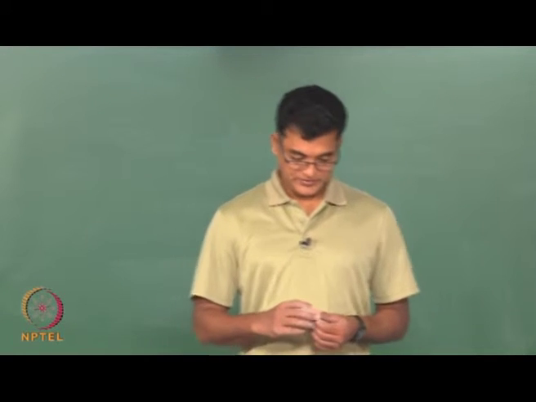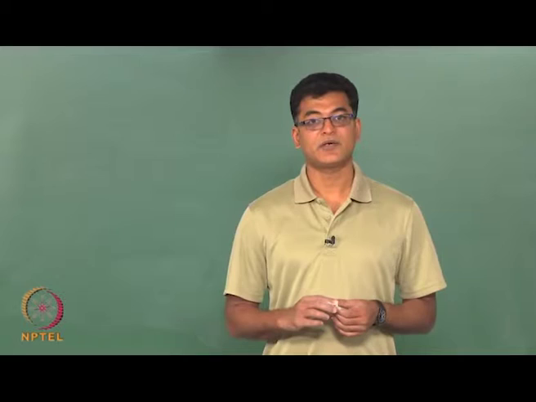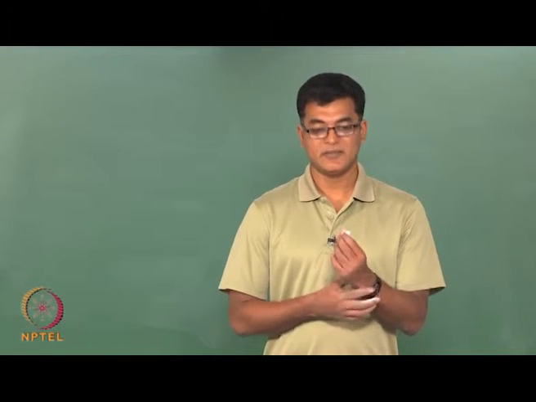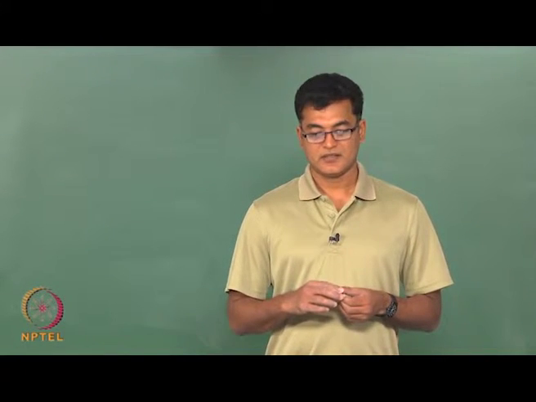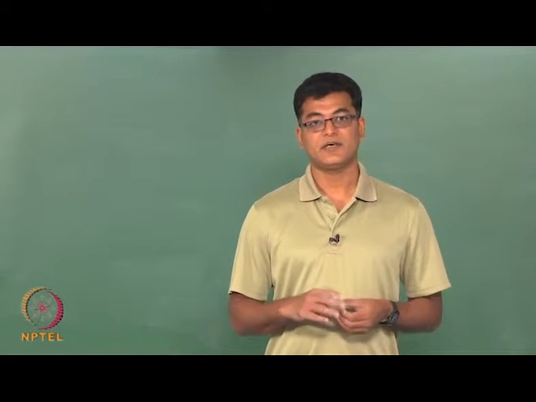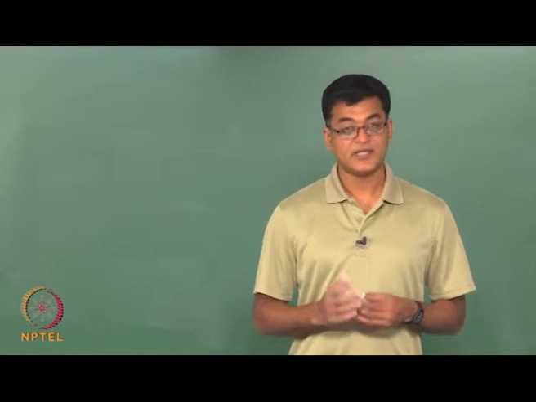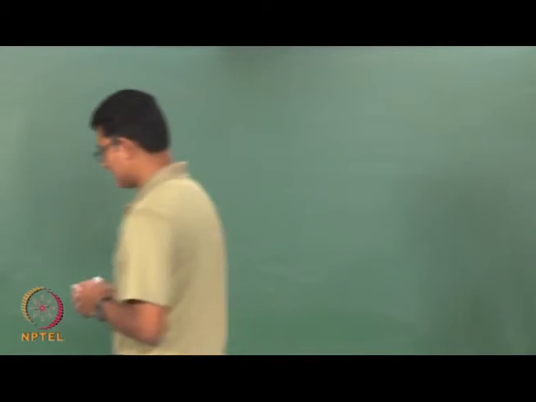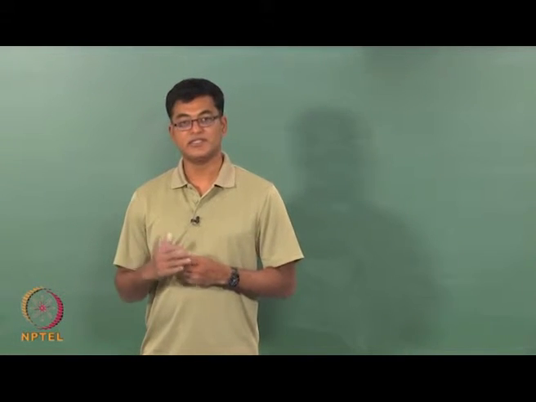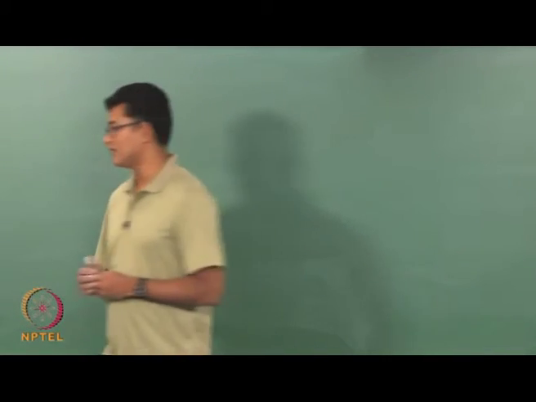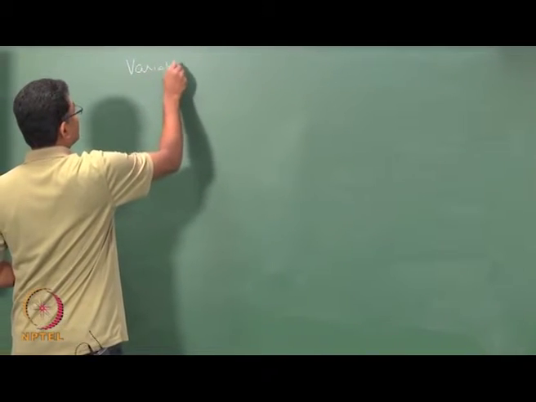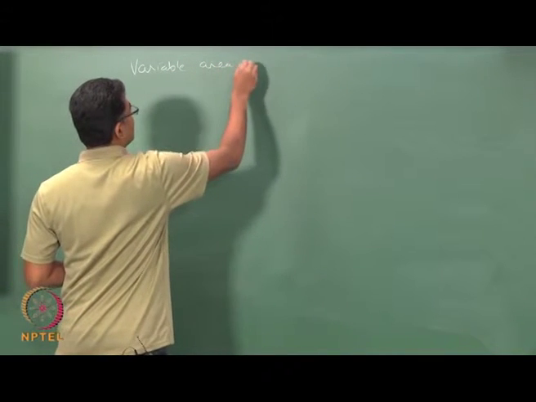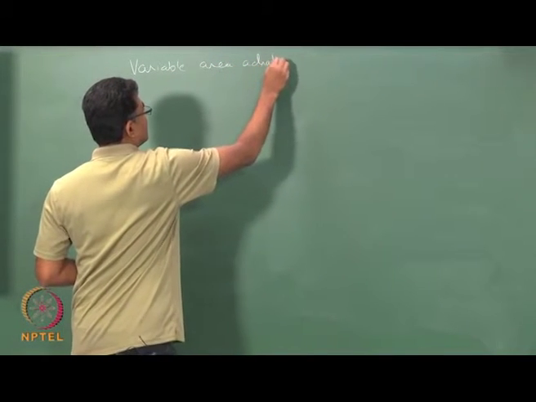In this lecture, we are going to see how the stagnation properties and the Mach number relate to the area change and how it affects the flow in a compressible scenario. So, what I am going to discuss is the variable area changes that are going to affect the density and the velocity. Adiabatic flow.